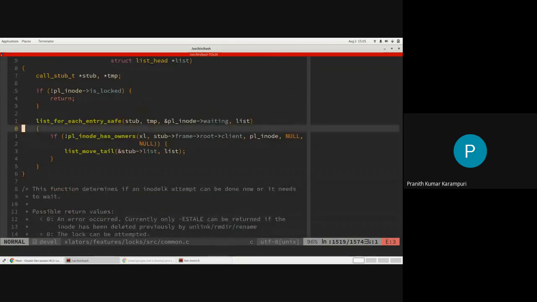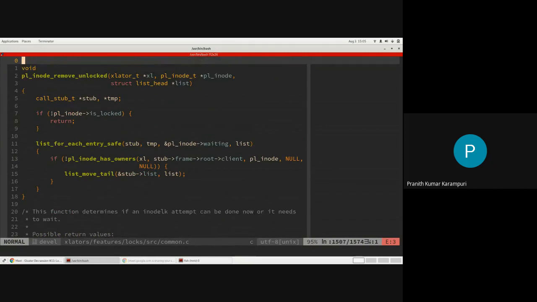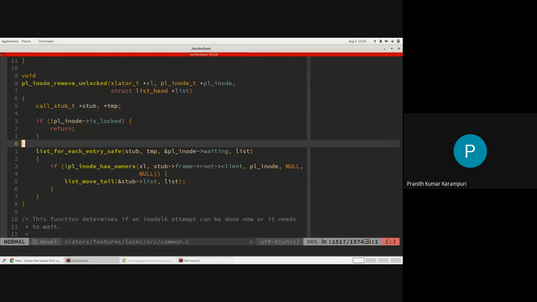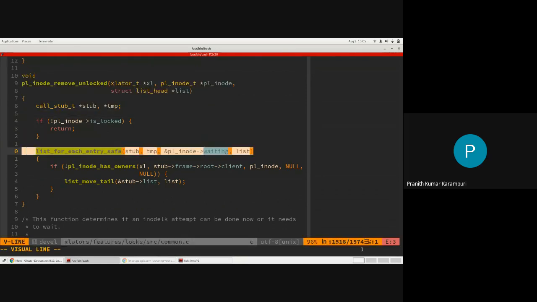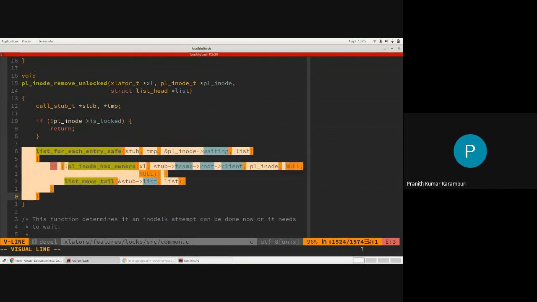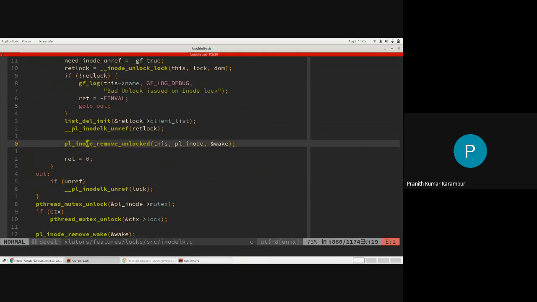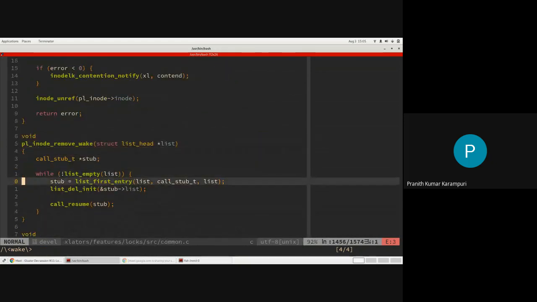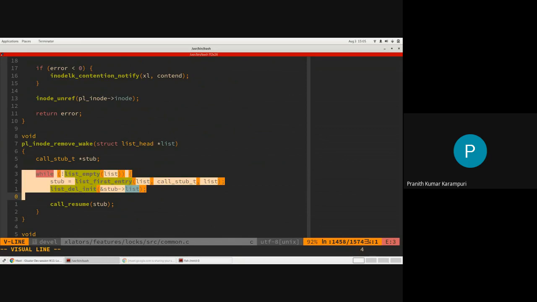Basically, if the ease lock is true, then for all of the owners from this list, it is going to move them to the tail, and then it will do one waking up. So all of them, all the unlinks that were blocked, now they will actually resume.